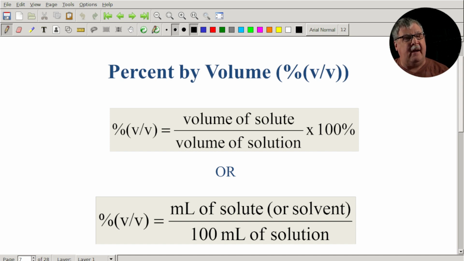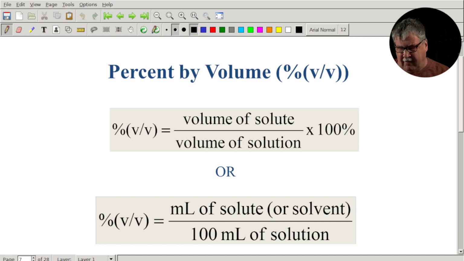Another way of thinking about it is if you consume 100 milliliters of a beverage, how many milliliters of alcohol are you consuming? And that's probably more useful for day to day because you definitely want to regulate how much alcohol you take in, depending on what you're doing and depending on other things.